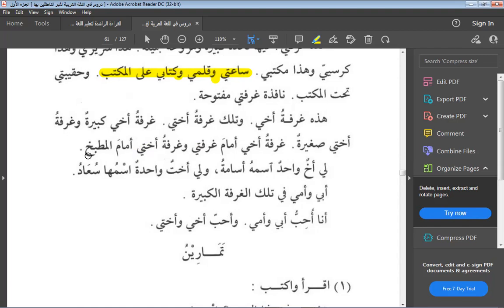I think this text, I don't know if any feminists have seen it. They would attack it. How would the brother's room be in front of your room and the sister's room be in front of the kitchen?